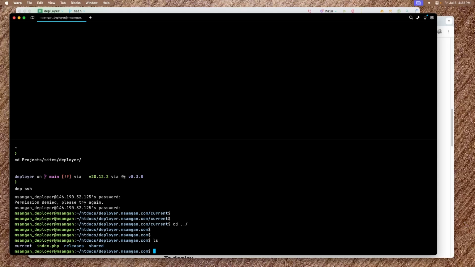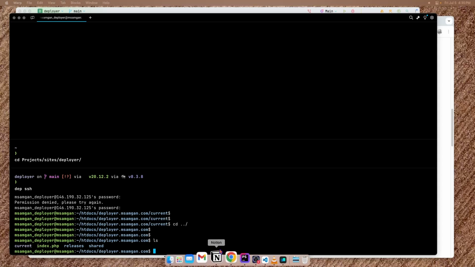Once deployed, the directory structure will look something like this: current, releases, and shared. Shared will contain all our shared data, in case of Laravel, the .env and storage directory. Releases will contain all your previous releases, and current will contain your current release. After first deployment, we have to create the .env in the shared directory. As I mentioned,